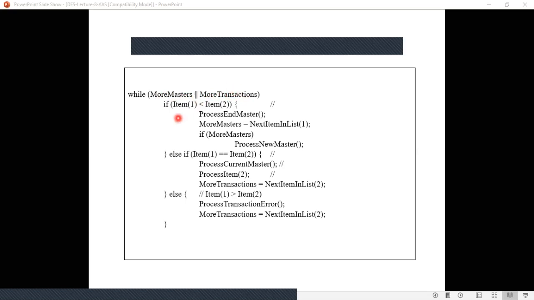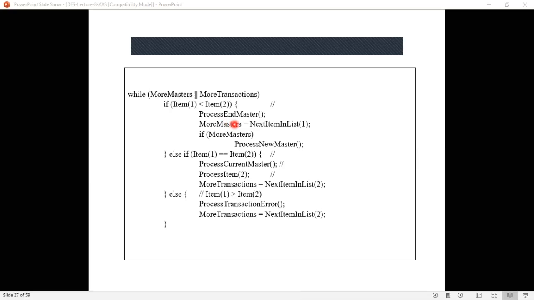Now if item 1 is less than item 2, what you have to do is process end master of item 1, and select the next item. End master simply means you just output the balance line, that's it.